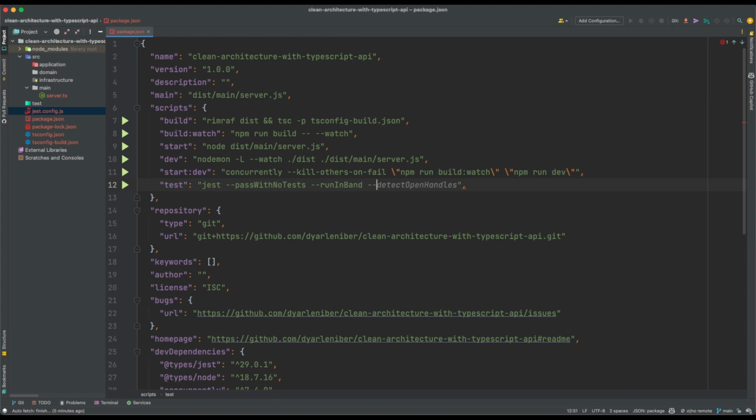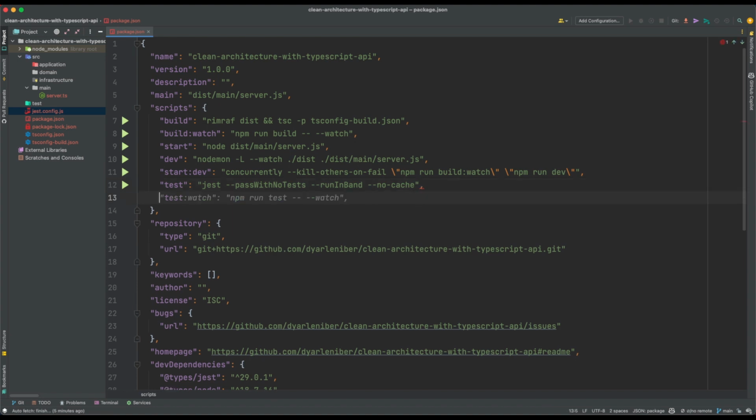And also, let me define this thing here, to avoid heavy cache problems with our tests. And now we can define a test stage where, when we commit some new changes, we're gonna basically compare these changes and run the tests related to these changes. We're gonna see how to do that, but for now we can just run npm run test here,